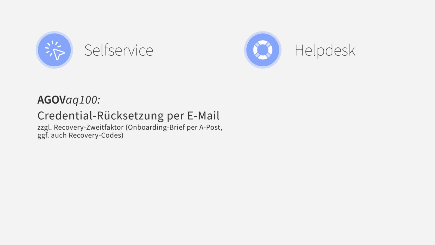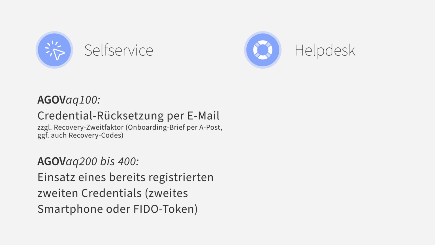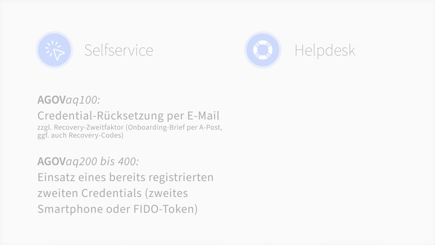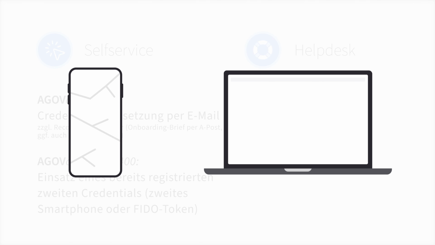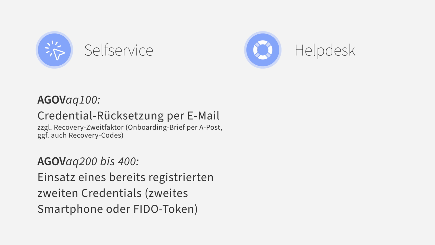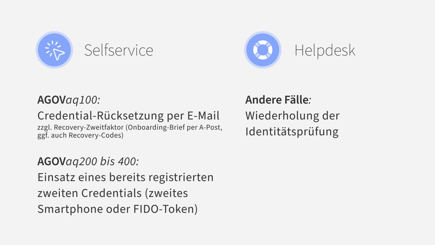A self-service recovery is also always possible if you have a second smartphone or an additional FIDO token connected to your AGOF ID. You can use this to directly connect your new smartphone to your AGOF ID. Remember, this is based on the understanding that you are no longer able to use your main smartphone, which you used for AGOF. In the other cases, you should open a support ticket in the AGOF Help portal.